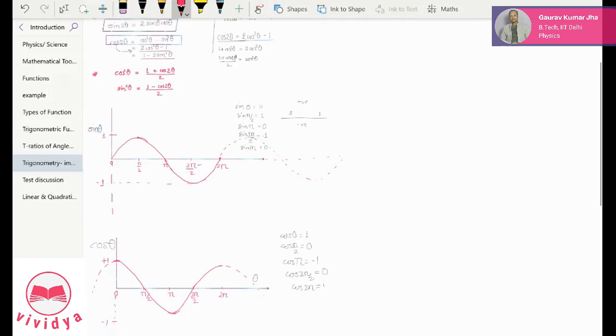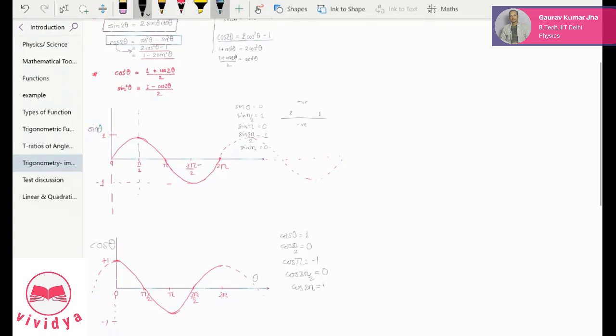There is a term for this, and even if you don't understand it, it's fine. But you can see that it is shifted by 90 degree, right? Which one is ahead by 90 degree, sine theta or cos theta? Think like this. Cos theta starts from here, right? Cos theta starts from this line, isn't it? So actually cos is a little ahead of sine by an angle of pi by 2.